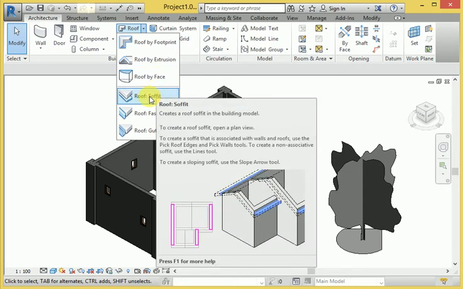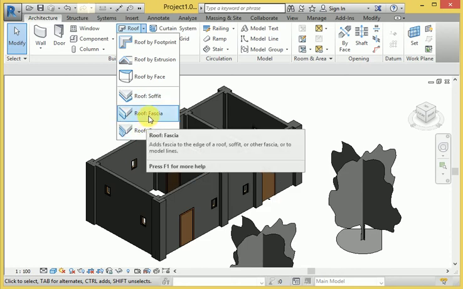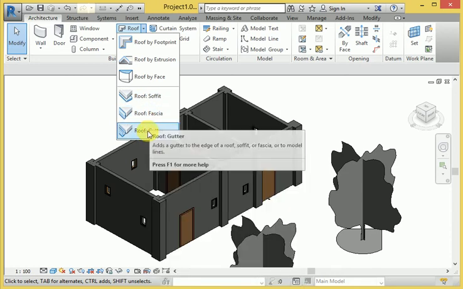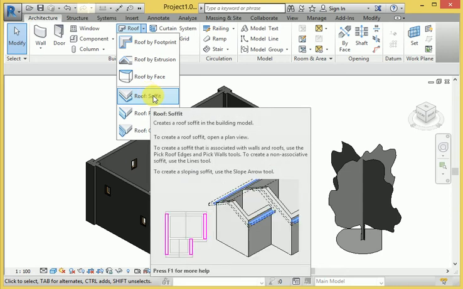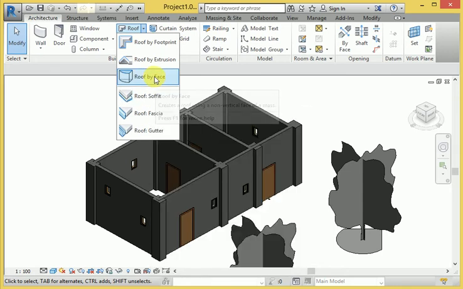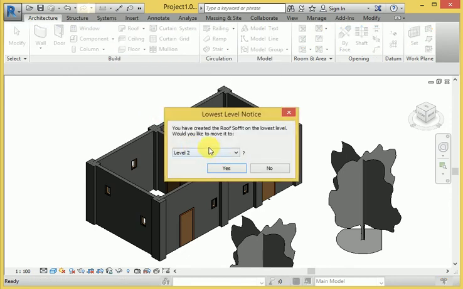Soffit type of roof is available here. Fascia type of roof here, and these are the different types of roof available. When I make this face, here you can see that it asks for level 2.